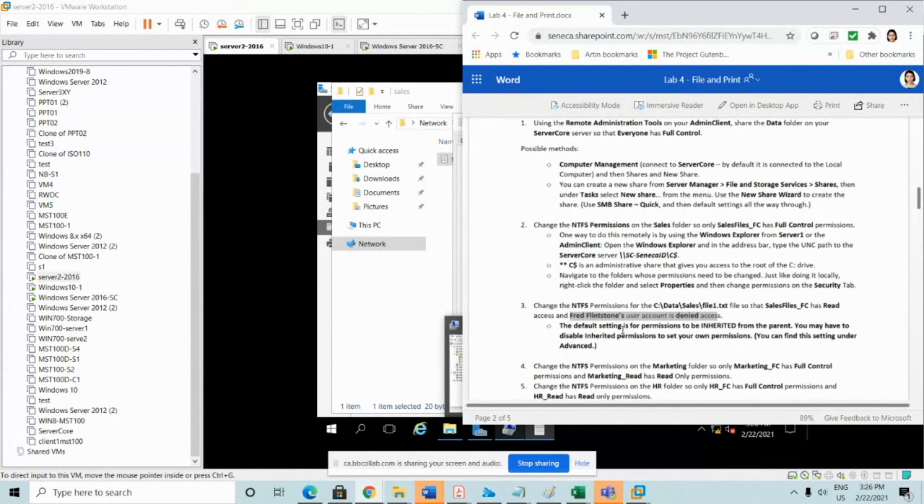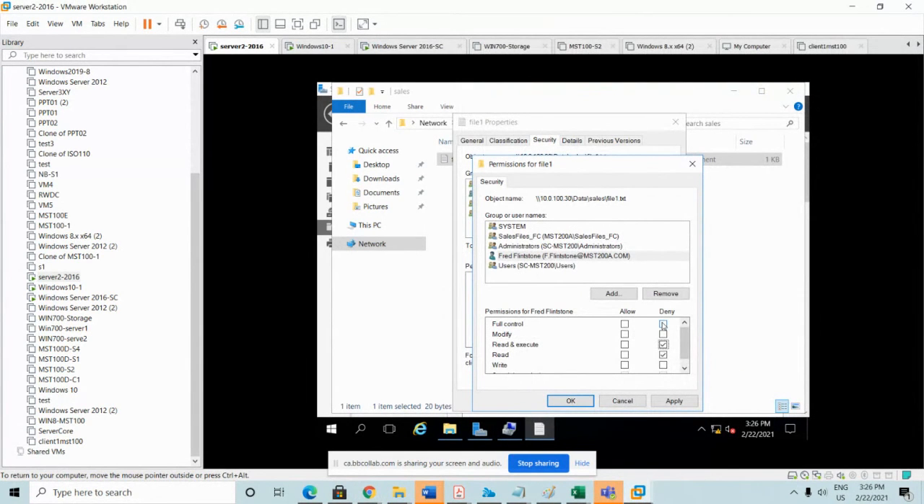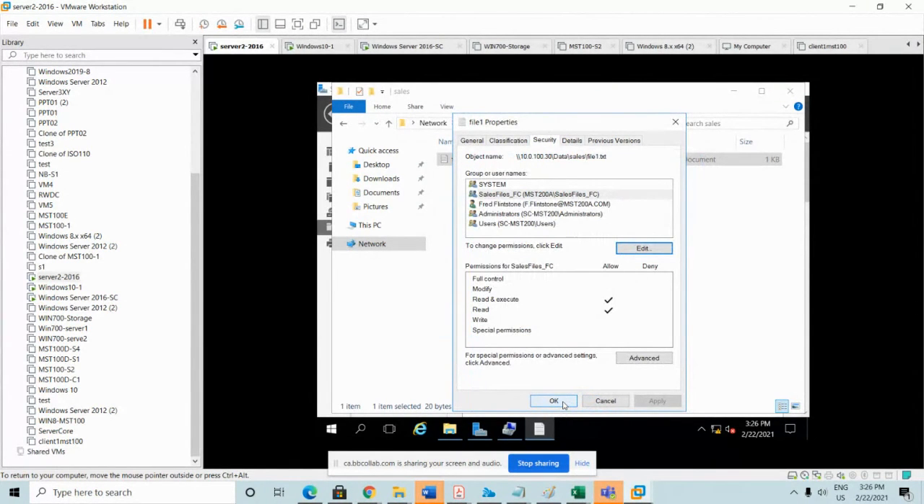The default setting for the permission is inherited from the parent. You may have to disable the inheritance from the top too. Change, why we are doing it, you put deny all the things, apply, yes, and okay. Now,